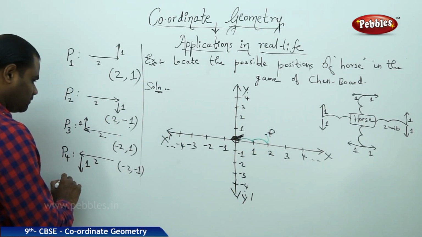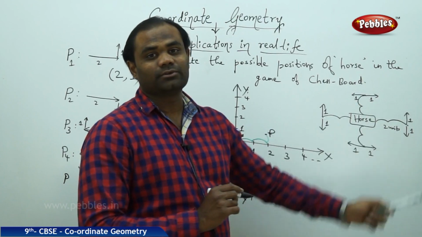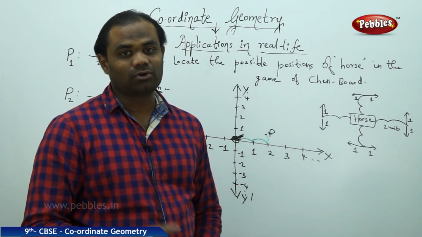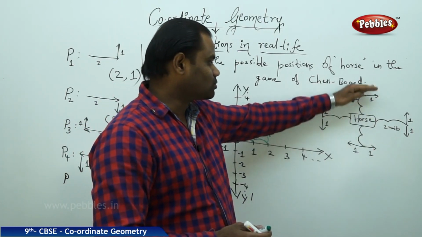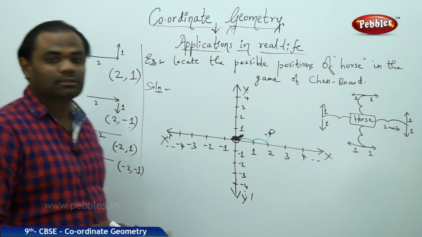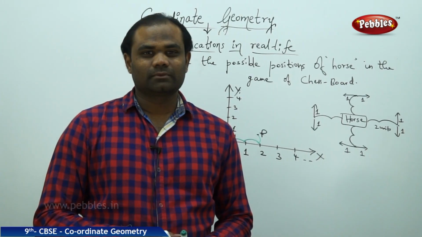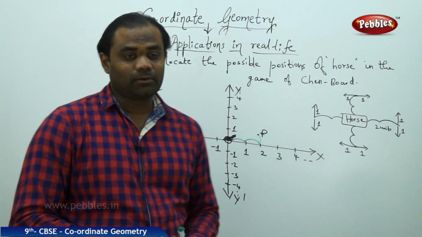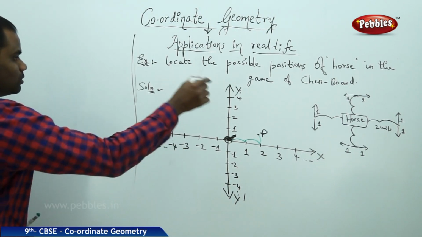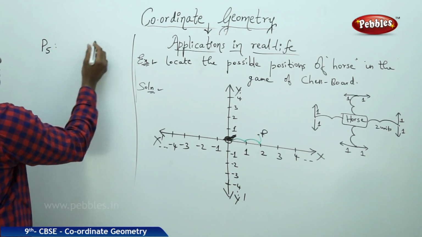So I have this P5, which locates to moving 2 units up and 1 unit right. So let's see how the coordinates move along these 2 cases. Now that these 2 cases are given by these 4 coordinates, these 2 cases are given by the next 4 coordinates. Continued. Now here we have the vertically moving position of the horses, where my P5 is when the horse